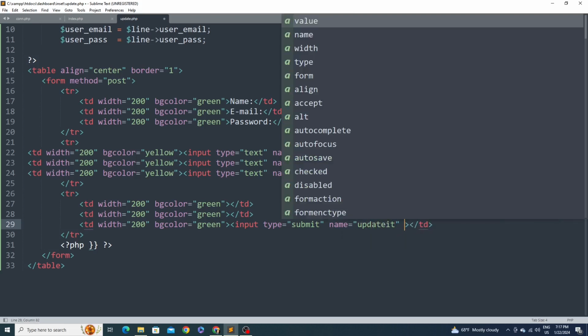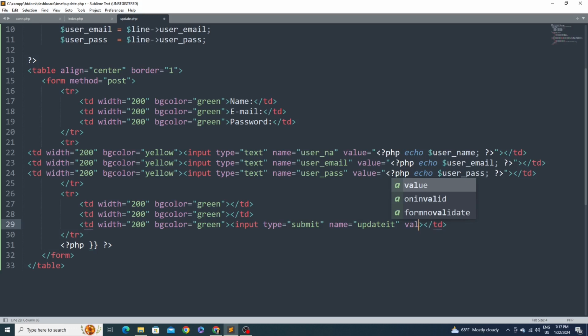The value is going to be update, right, and it's going to be yellow as well. Yellow, yellow, yellow, then Control S,